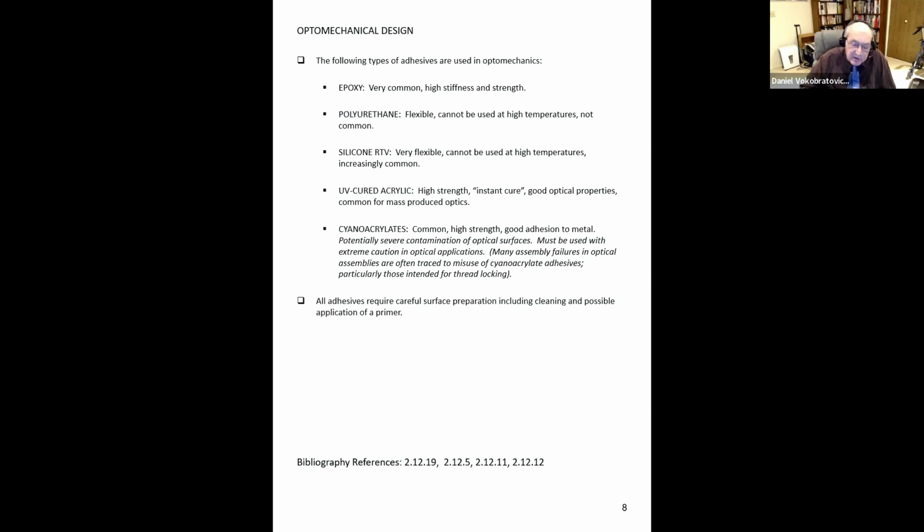They are good materials. I'm not knocking the use of cyanoacrylate thread lockers. It's just you want to keep them away from your optics. The next slide